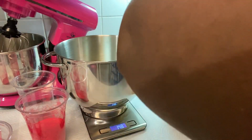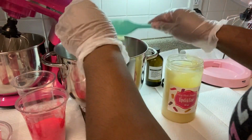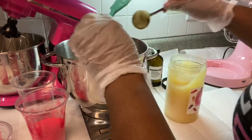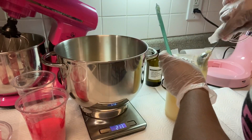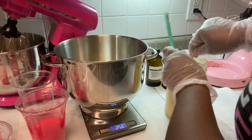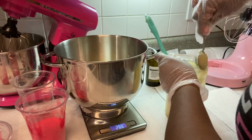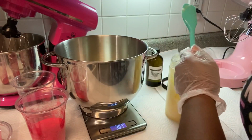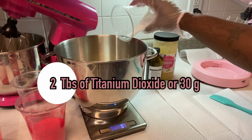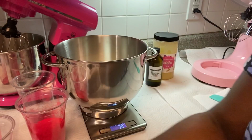But yes, as I was saying before, I'm coming at you guys with this beautiful fall pink. It's not too hot. It's like a nice shade of pink. Anyone can wear it, but it's not as bright as the other pink in my line that is called Miami. This pink is of a darker shade, and I thought that it would be perfect to show you guys this pink for the fall. Now I'm going in with 2 tablespoons of titanium dioxide, or 30 grams,